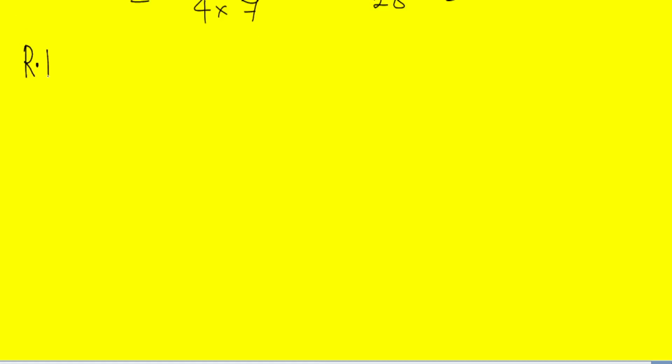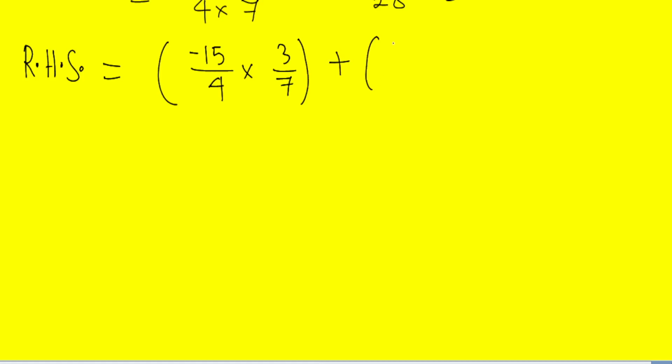In order to find the value of right hand side, see here, (minus 15 upon 4 multiplied with 3 upon 7) plus (minus 15 upon 4 multiplied with minus 12 upon 5). This is the term which is given in the right hand side, beta. So let's try to solve this as well. There is no term that is cancelling, है ना, यहाँ कुछ भी हम सिंप्लीफाई नहीं कर सकते डायरेक्ट. तो क्या करते हैं, जैसा कि हम लोग जानते हैं, न्यूमरेटर को न्यूमरेटर से मल्टीप्लाई कर दो, डिनोमिनेटर को डिनोमिनेटर से. तो लेट्स डू दैट.